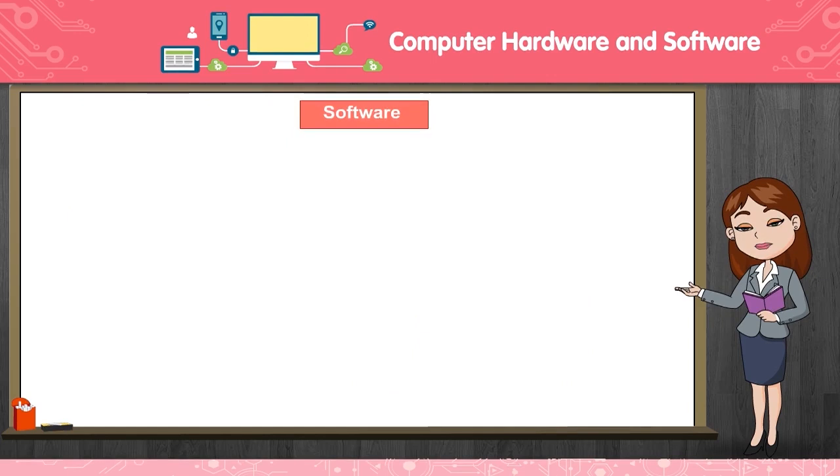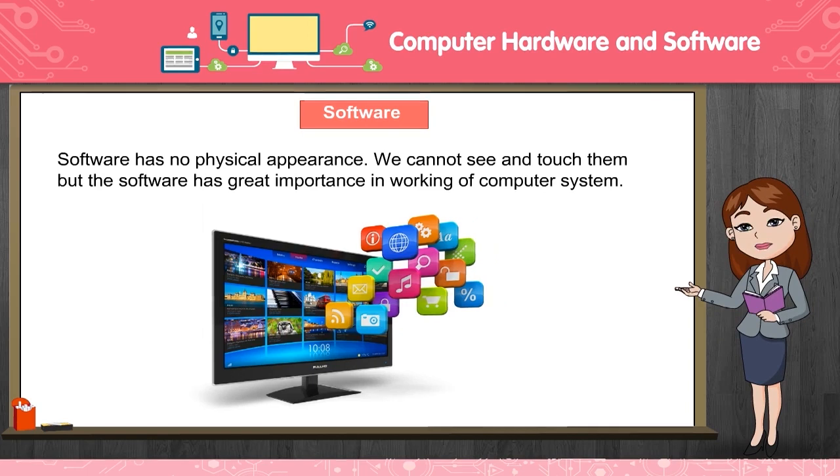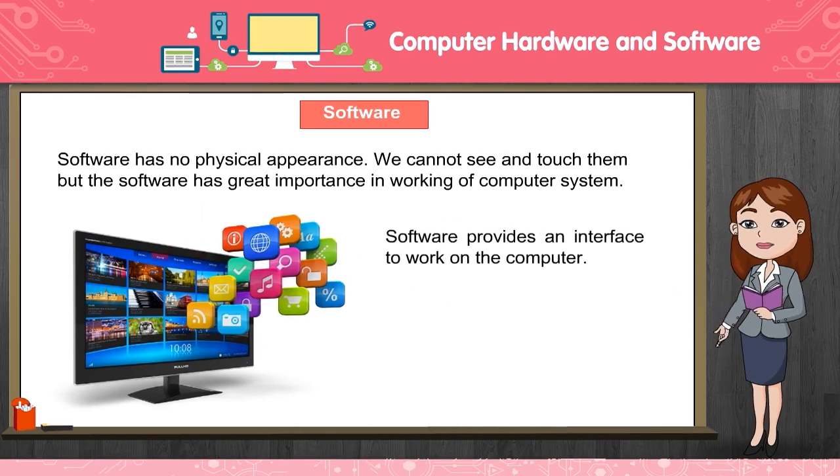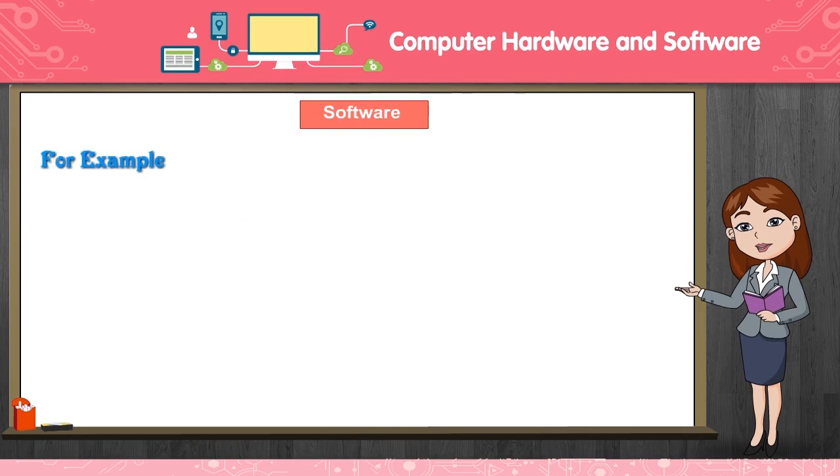Software. Software has no physical appearance. We cannot see or touch it, but software has great importance in the working of a computer system. Software provides an interface to work on the computer. It controls the functioning of the parts of the hardware. For example,